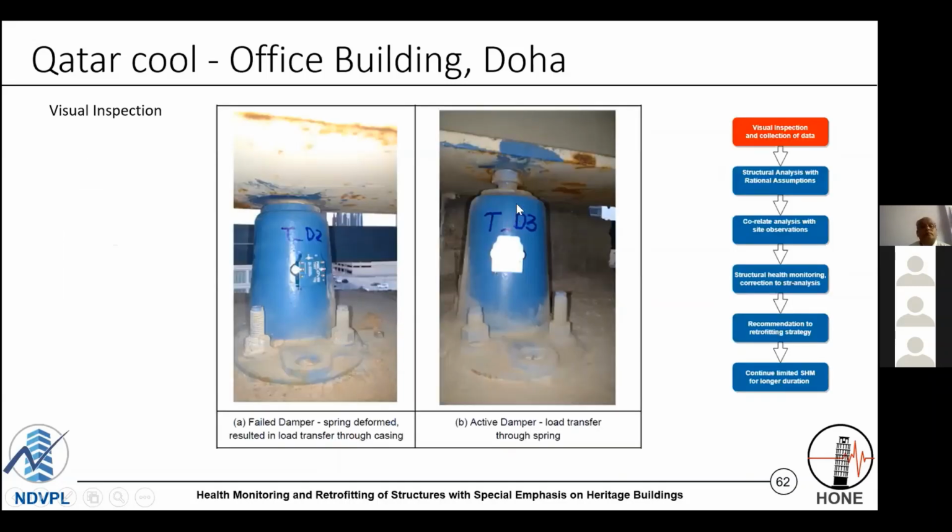Here you can see, this one damper on the right hand side is active. There is a gap between the connecting point and the bottom body. But at some point, the spring was completely pressed. The body of the cooling tower and the outer body of the damper was connected directly, a short circuit. So the vibration was directly transmitted to the floor.